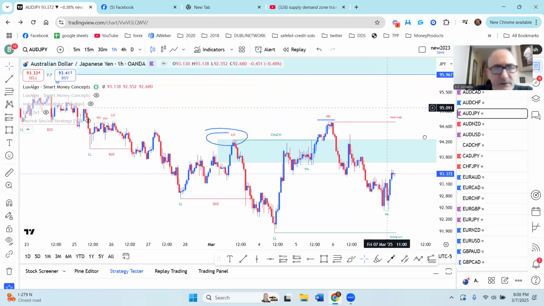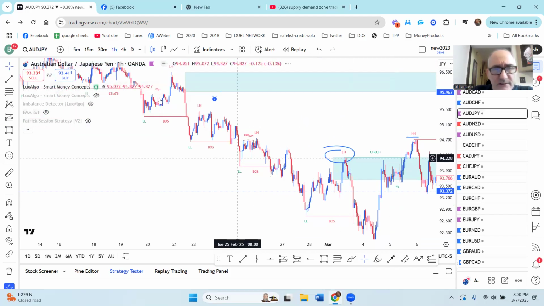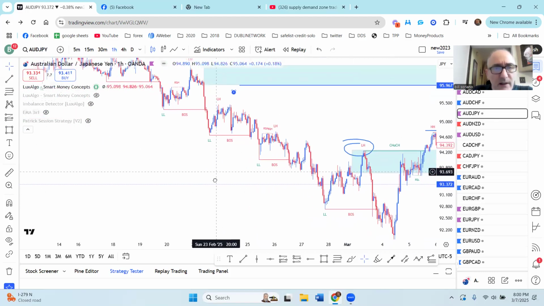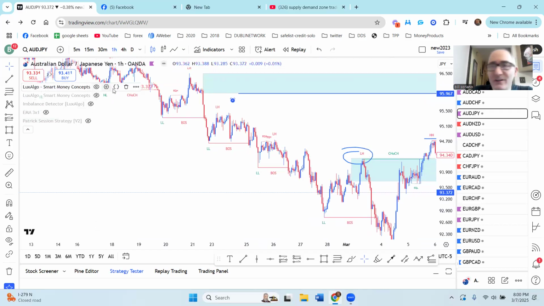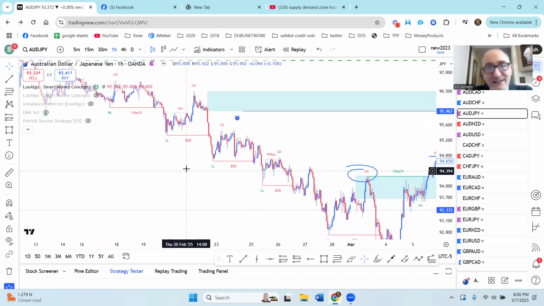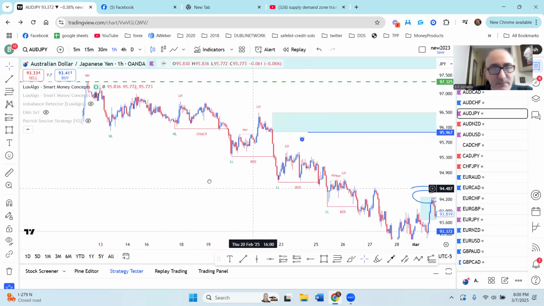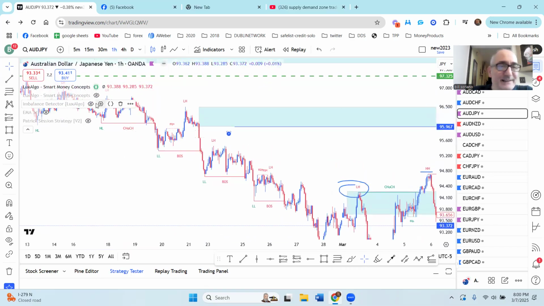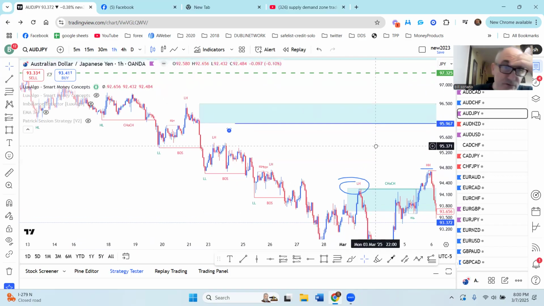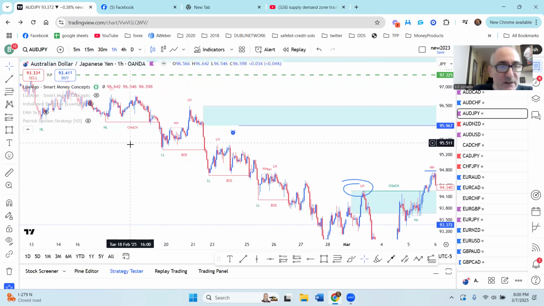So AUDJPY was clearly in a downtrend here. Even the Lux Algo indicator was giving us all these breaks of structure to the downside. This indicator usually doesn't work as well as it does on this pair, because in the settings you have to adjust the swing points. Depending on what you set that at, you'll get more or fewer of these. But this is always the external structure, not the internal structure. But anyway, we could see for ourselves,